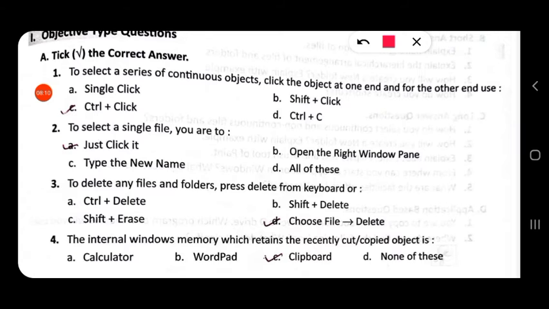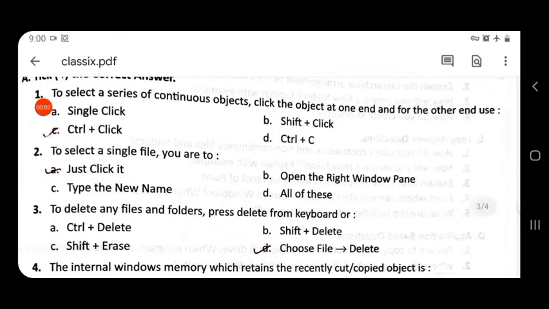To select a series of continuous objects, click the object at one end and for the other end use shift plus click.